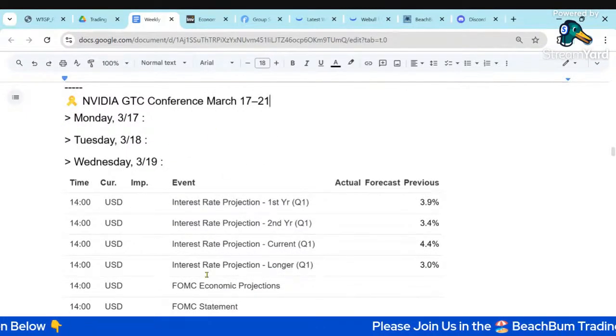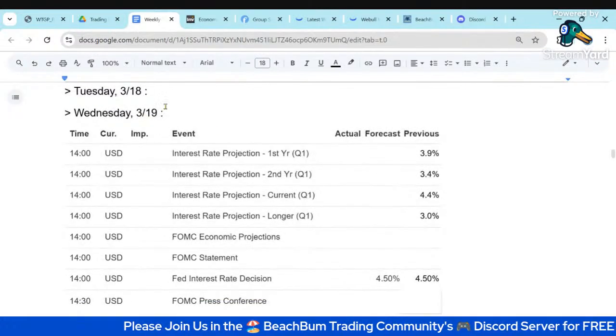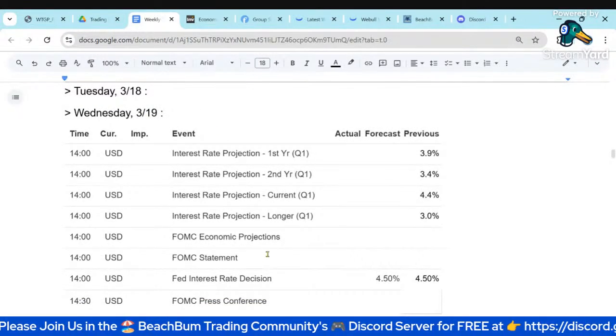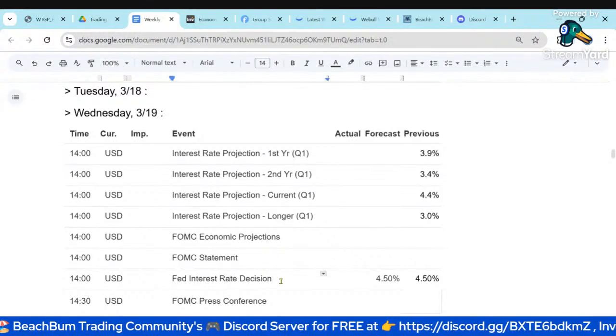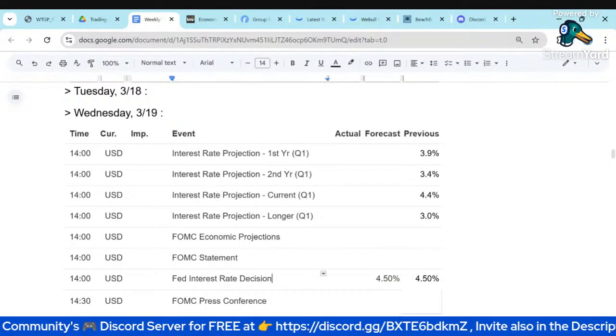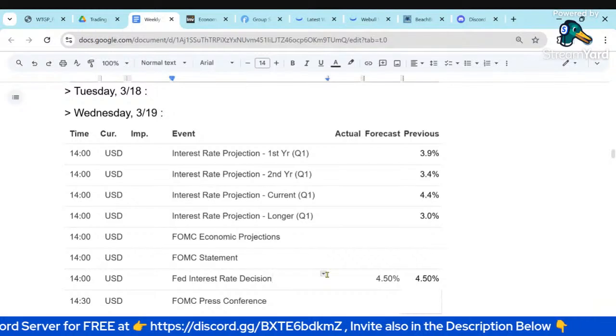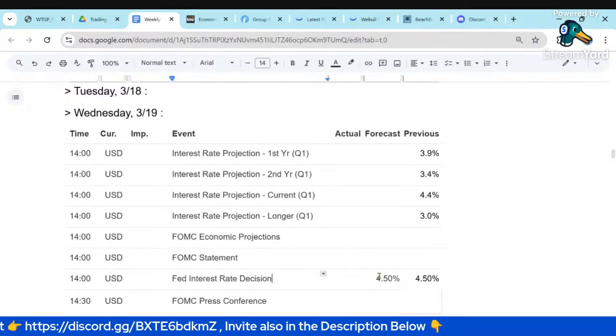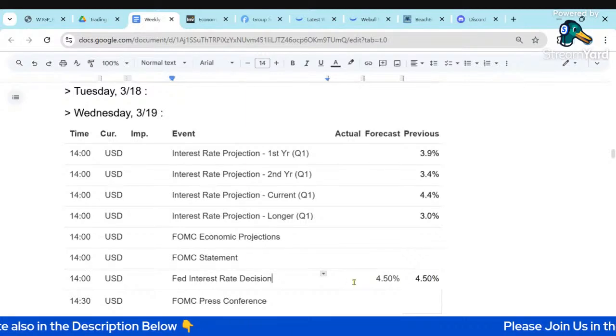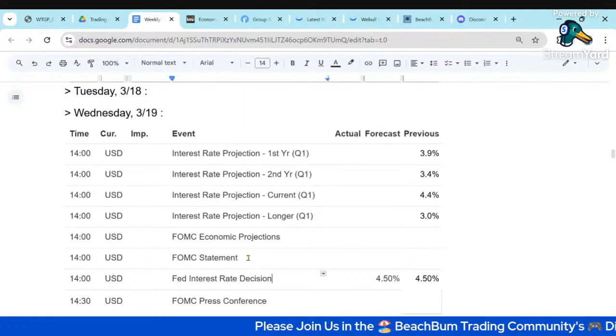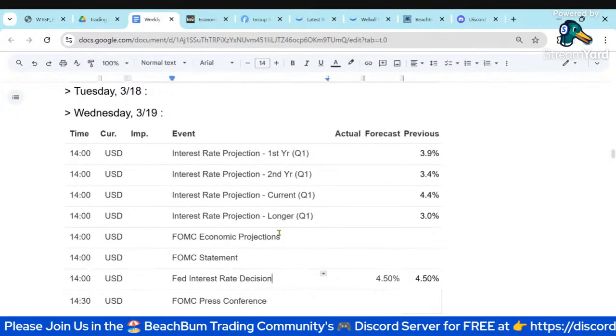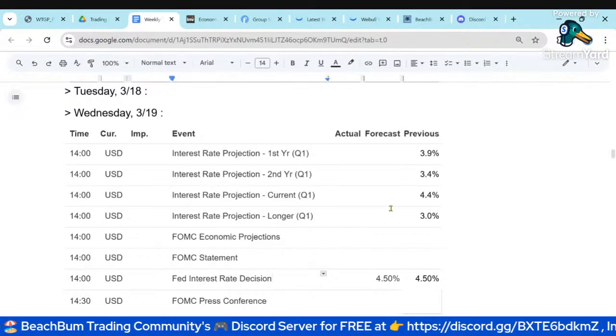Wednesday, so the big news is again the FOMC March 2025 interest rate decision. We also get a dot plot, so we'll get their decision on Wednesday at 2. Expectation, as we'll see also later, is no change. So we don't expect any cuts, any hikes, etc. And we'll look at those probabilities in the near future. We'll get their statement. We also again get their dot plot, their economic projections, their SEP.